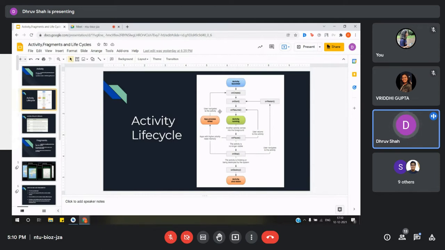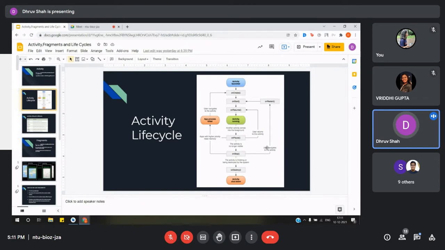Next, we see the onPause method, which is called when the activity has lost its status of being in the foreground. So it is the first indication that the activity is leaving the foreground. You can consider an example where, in a news app, you want to share an article and an intent filter pops up to choose the apps to which you want to share this information. During this time, our activity is not completely in the foreground. It is masked by this intent filter. So this is the case where the onPause method is called.